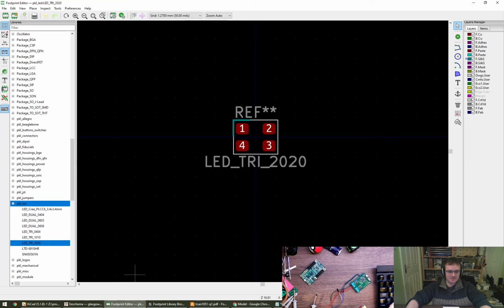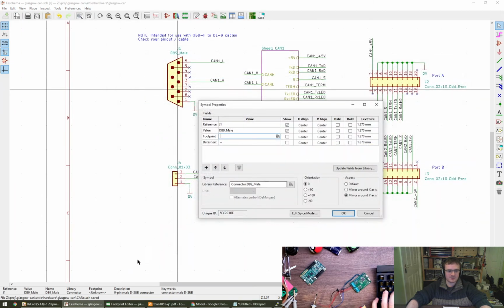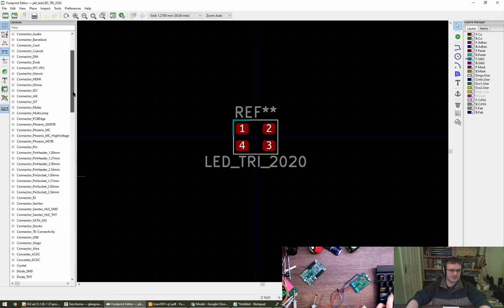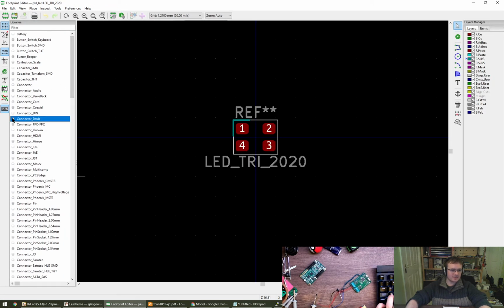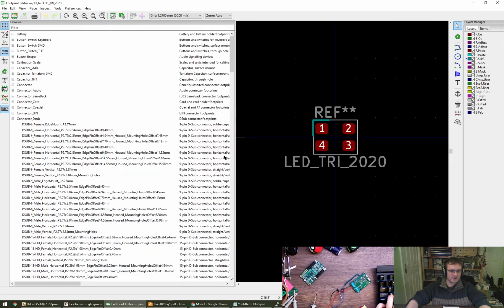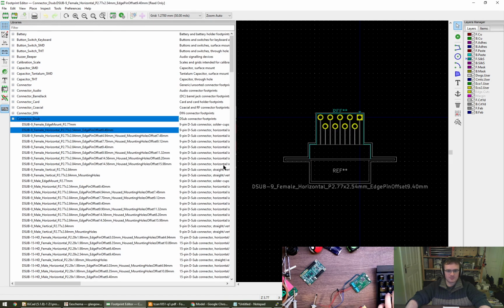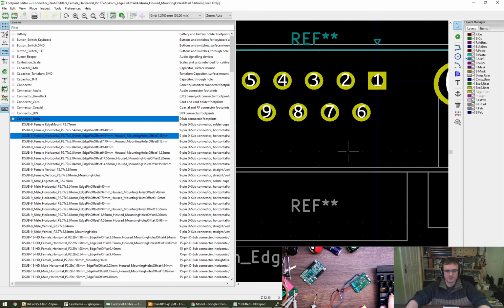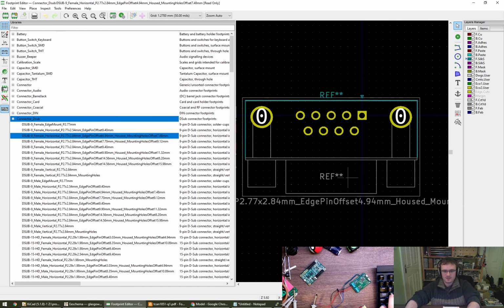Tell you what, let's get the footprint editor. Let's look at the... Oh, what's happened here? We've got another window open, is that why it's unhappy? Footprint editor, is this going to work now? Yes. Connector, D sub. Make it wider. No. Yes, maybe. Okay, so if we measure between...